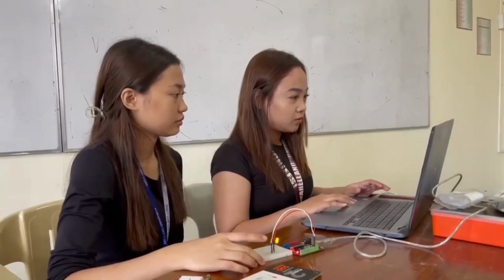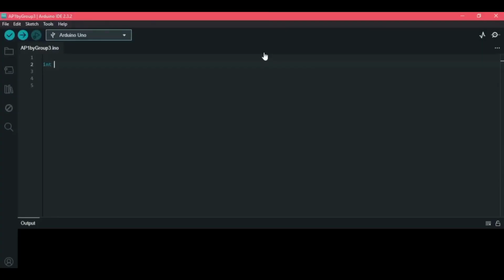Here is the step-by-step source code that we use to create the SOS beacon in our Arduino project AP2. Before we use the void setup, let's set the integer to 13. Next is void setup. The name of the output that we use is kpinLED, as you can see in